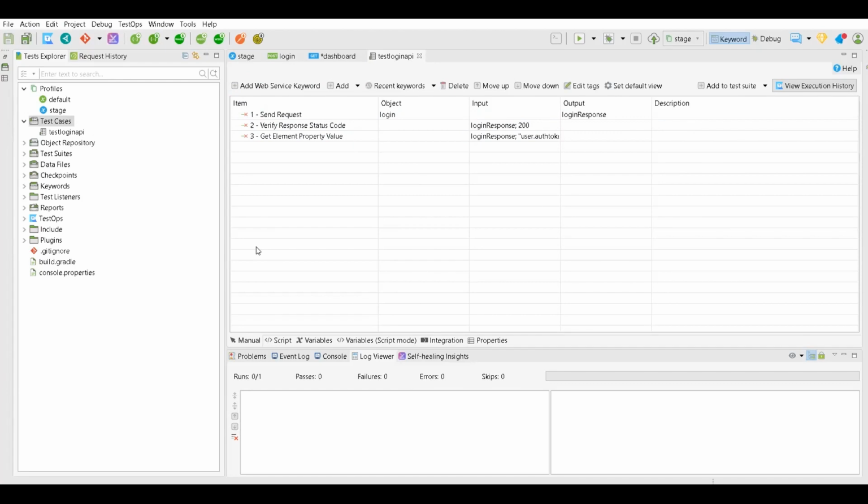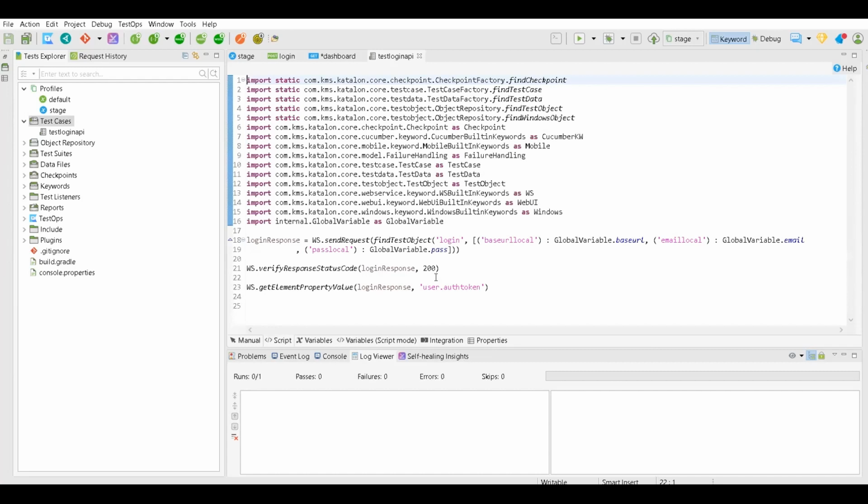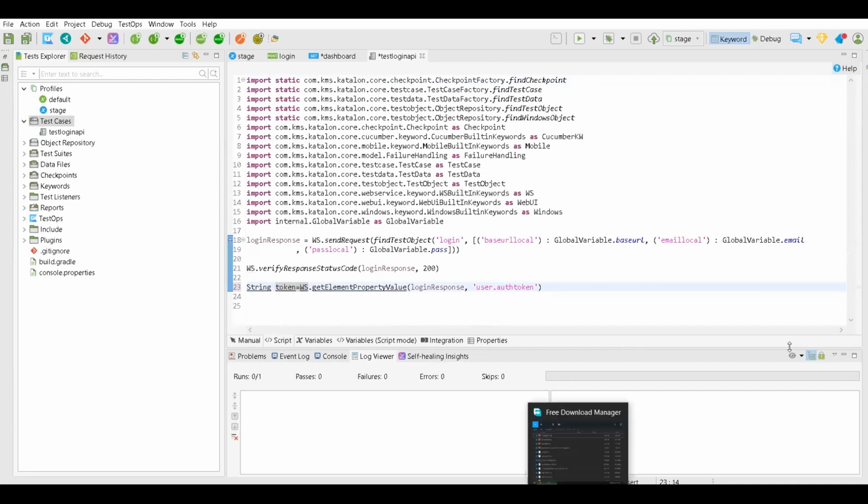Now this is the 5% task where you need coding. You got the value right using get element property value, but you need to set this token value at the global variable level. So for that, you need a script section. What I will do is save this in a local variable. Again, Groovy is just like Java. That's why I gave you some part of Groovy introduction in the JMeter section. So I would say string token,